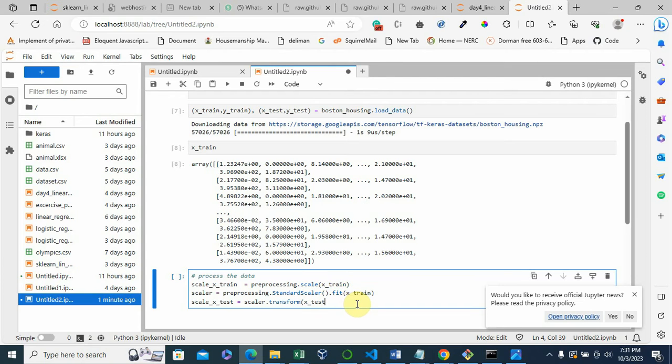So this, in a nutshell, normalizes the training data with the test data, using the sklearn preprocessing scale function.